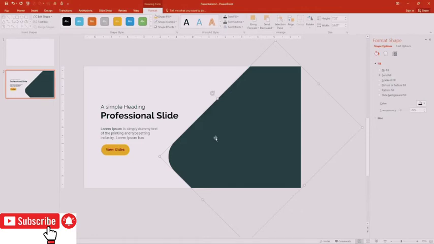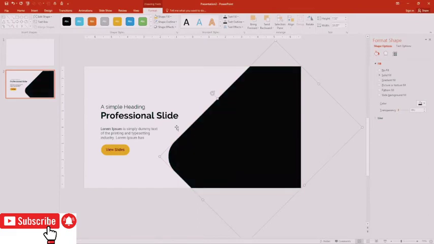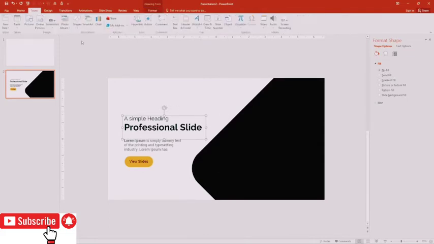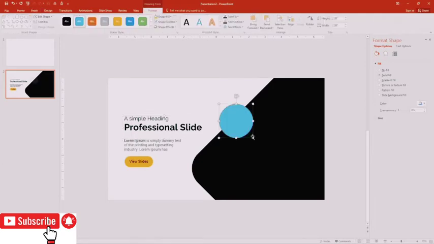Now change the color to black again, as I have added transparency. Remove the transparency to 0. Now add the circle on top of the rectangle. Let me show you. Go to Insert and click Shapes and select Oval shape. Draw it and change the Shape Fill color to orange. Remove the outline and